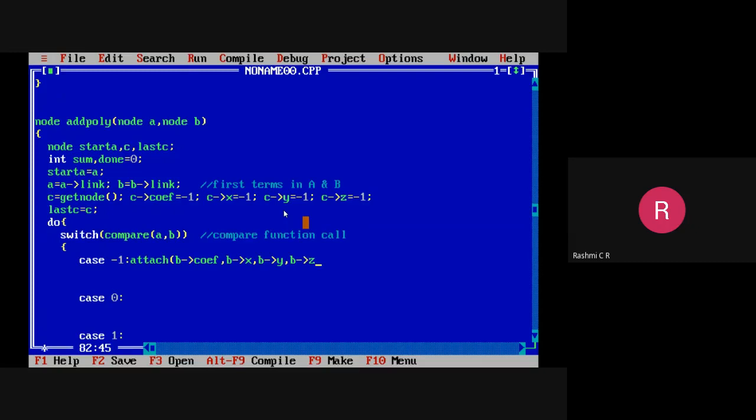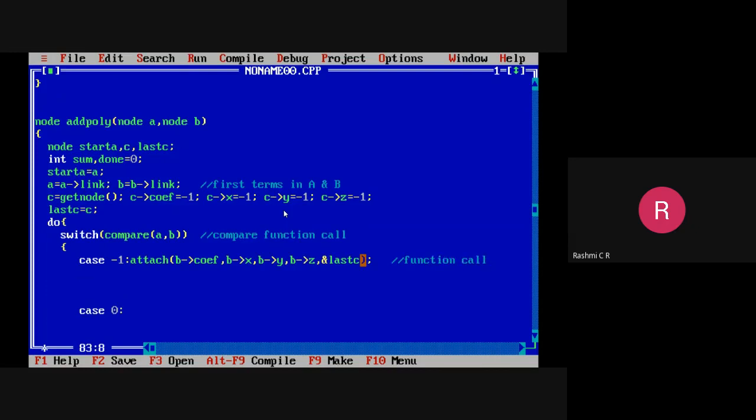We have to write the function definition, and we are passing the address of a variable called last c. According to our initialization, it is a variable which holds the address of the header node of c. So this is the attach function call. We will write the function definition for this later.